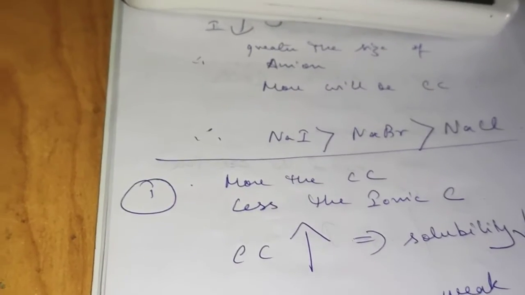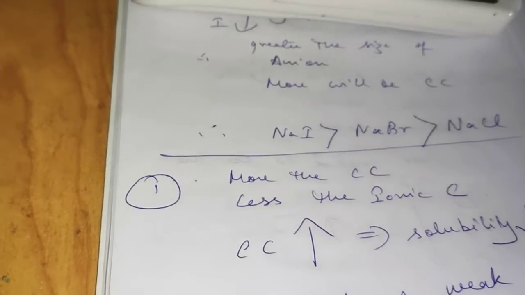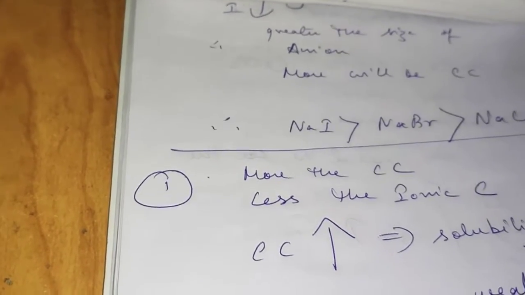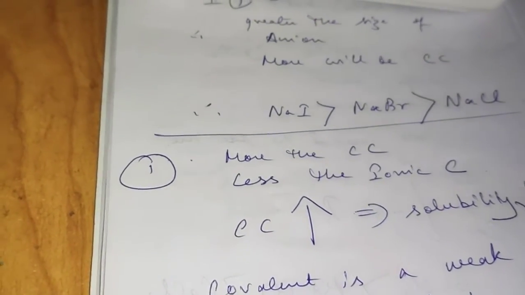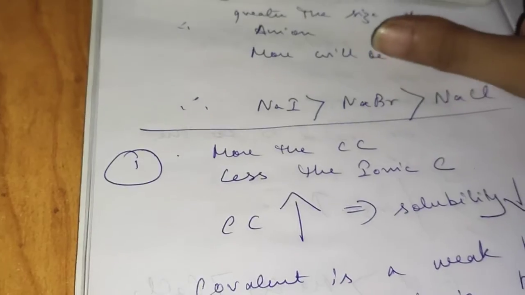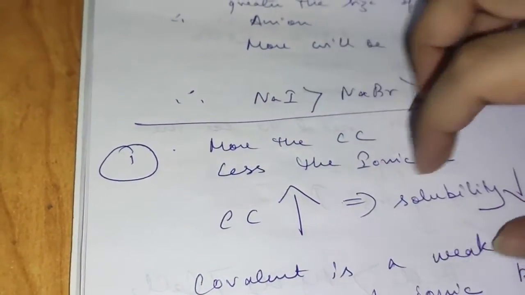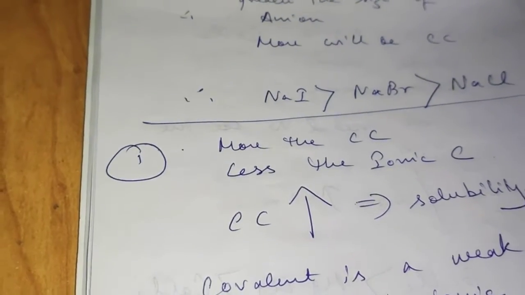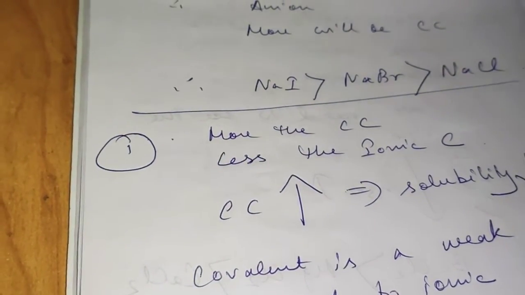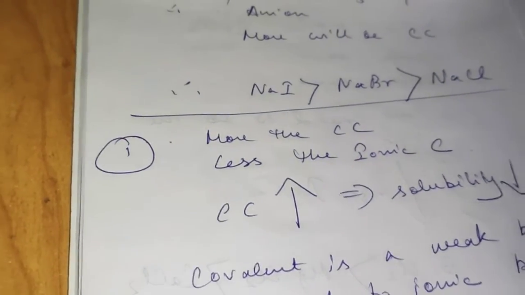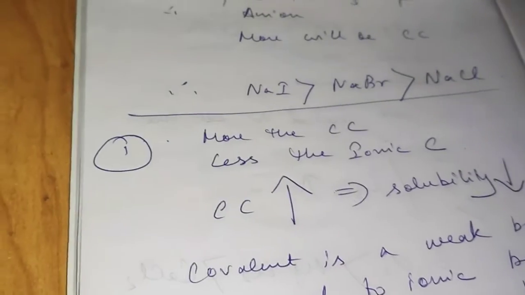Obviously, if the covalent character increases, the ionic character decreases, because the percentages would be like, the total amount would be the same. So suppose you have a cake, right? The more part of the cake you give to your friends, the lesser would be left for you. So similarly, if in any compound the covalent character increases, then definitely the ionic character will decrease,